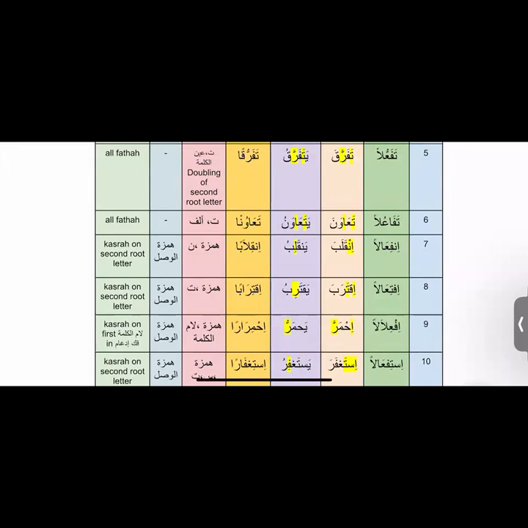One was ta before fa'ul kalima in case of family number 5, and then there was ain mushaddad in case of family number 5, right? We all understood it, right? Ta before fa'ul kalima, and after fa'ul kalima, ain, the second root letter, is mushaddad. When it comes to fi'l mudari', we see all fathas. The last letter does not matter because it's going to have the haraka of the status, right?